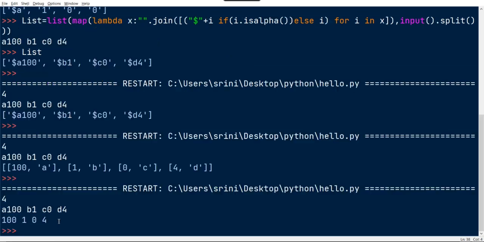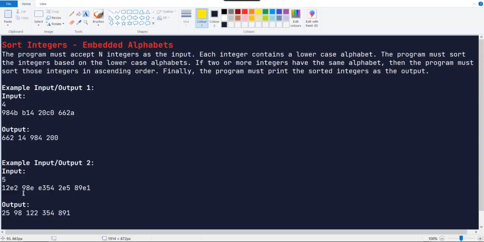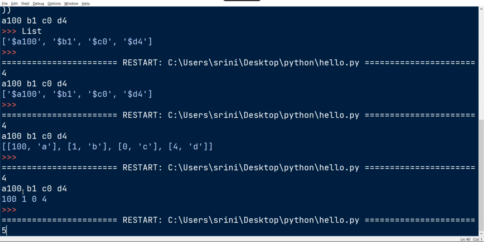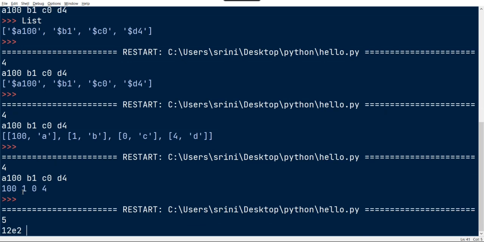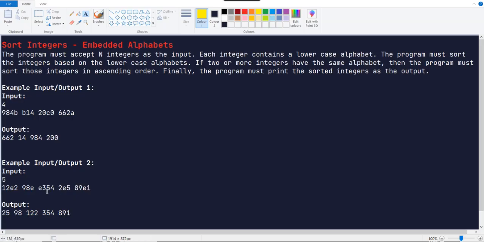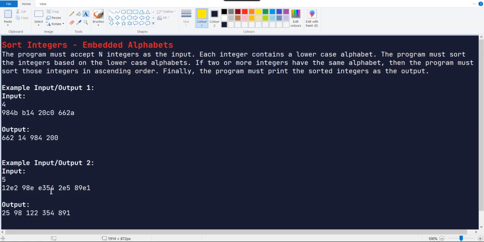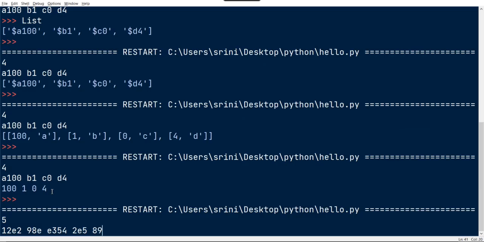Now let me check for the given input. Here, how many numbers? 5. 1 to E2, 98 E, E354, E25 E, E354 to E5, and then finally 89 E1, 89 E1.